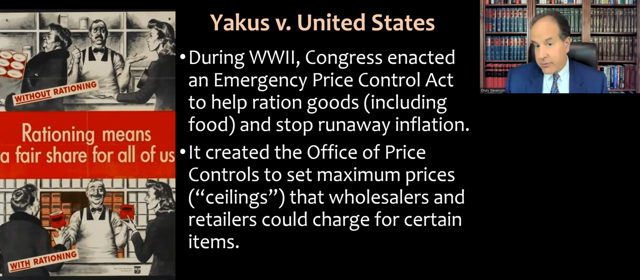And this is due to a variety of factors: the disruptions in the supply chain, embargoes, a lot of resources are being diverted to the armed forces to feed and clothe the troops and so forth. For one reason or another, though, we get skyrocketing prices for consumers. So Congress created the Office of Price Controls to set maximum prices, or ceilings, that wholesalers and retailers could charge for certain items. In other words, you knew how much something was going to cost when you went to the